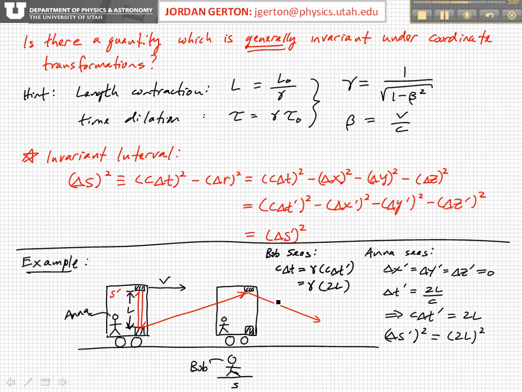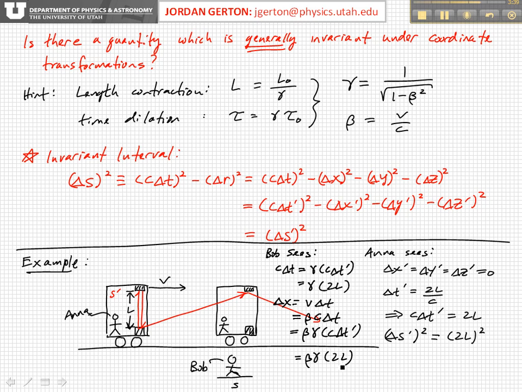Okay, and so delta x, what he sees, is just v times delta t, which is equal to beta c delta t, which, as we just wrote down, is equal to beta times gamma times c delta t prime, which is equal to beta times gamma times 2L. Okay,